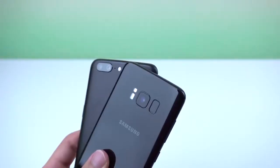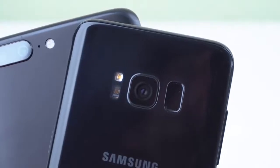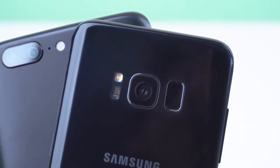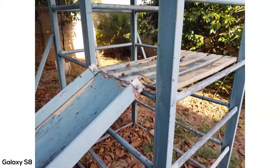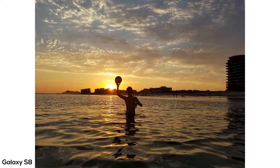The camera is a big determining factor on which phone you might buy. The Galaxy S8 went with a single 12-megapixel rear camera, and it works great in any lighting situation. Tons of detail, contrast, and a very smooth tone. Plus, with the implementation of OIS, 4K video recordings and low light shooting benefit a lot, resulting in less motion